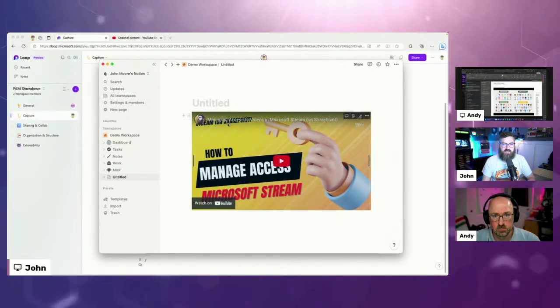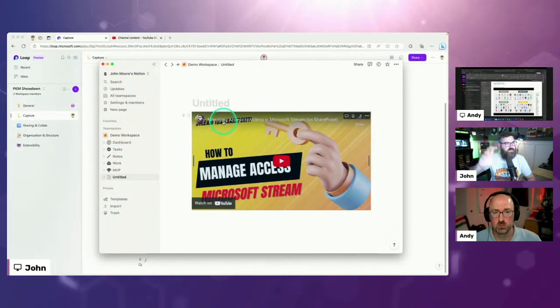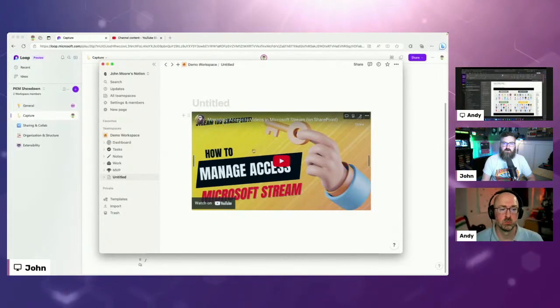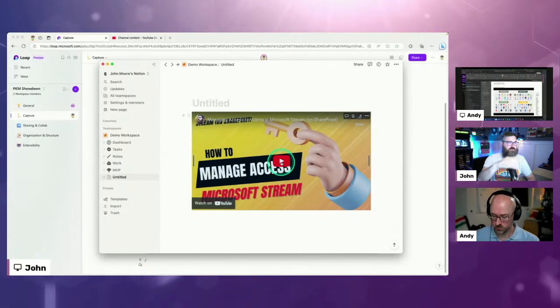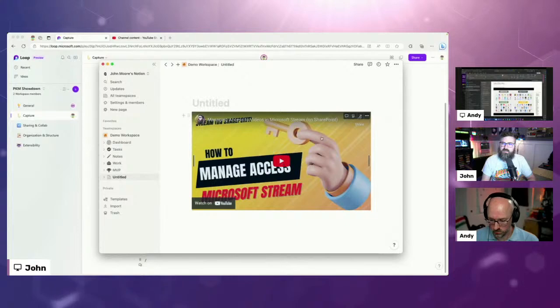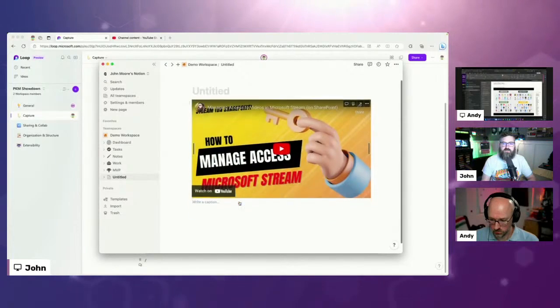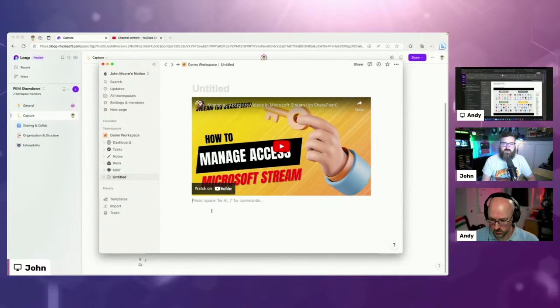I can actually play it. It's more of a standard embed, because I can click the link here that's going to jump out to my browser to play it. Or I've got the actual YouTube play button, where in OneNote it was a white button. It was a little bit more shielded, I guess. And then again, with this, I can add a comment on it. I can add captions to it, kind of take notes under the video if I wanted to.